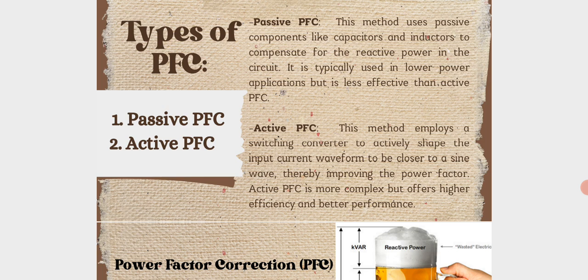So what is the difference between passive PFC and active PFC? Passive PFC uses simple components like inductors and capacitors to improve power factor, but it's less effective and only suitable for low power applications, while active PFC uses more complex circuitry and a control system to achieve a much higher power factor, making it ideal for high power